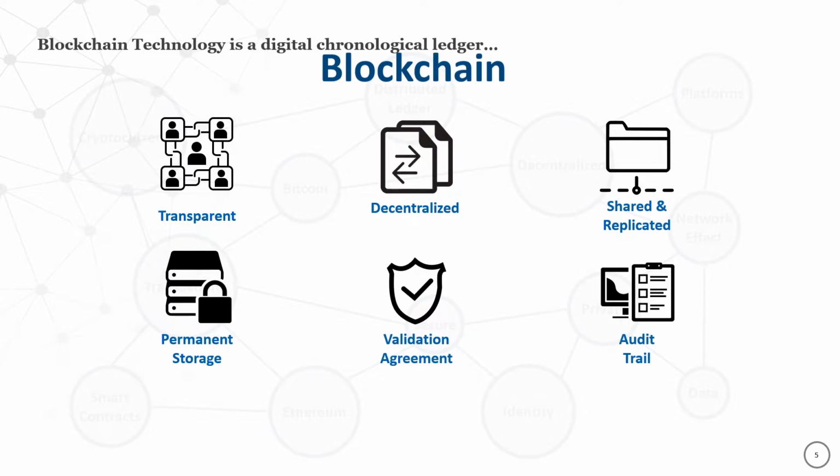Any two people can transact and exchange information or create a set of blocks on a chain, which is one of the beauties of that architecture. It's also shared and replicated. Again, if that particular cup of coffee that I bought at Starbucks could be recorded by every single one of you here if you were computers. So that's what's shared and replicated. So it becomes hard to lose it. It also becomes hard to change it, because you all have to agree that this transaction happened at this particular time with my credit card.